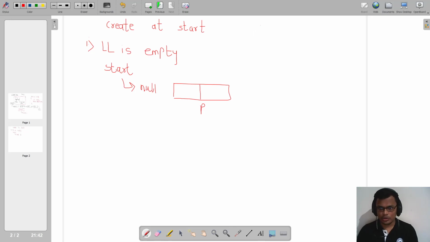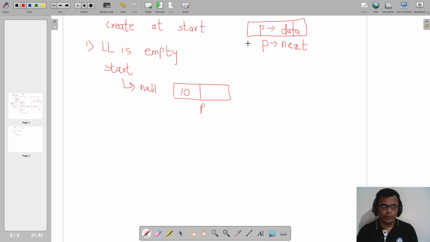So if I create this node P, and if I want to access data inside this particular P, what notation am I going to use in C? P's data. This is how I am going to access the field data inside P. And how will I access the next link? By writing P's next. What is this P? P is a node pointer for me. Now the data that I'll scan from the user, suppose that is 10. Where will I scan this data? I'll scan this data in P's data.